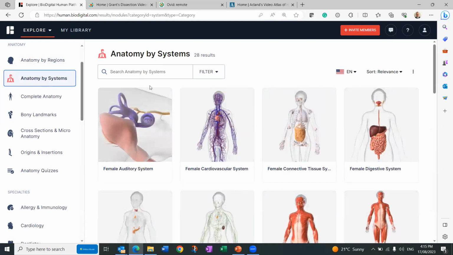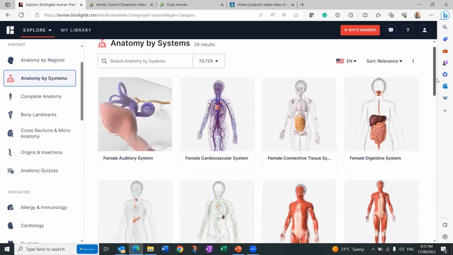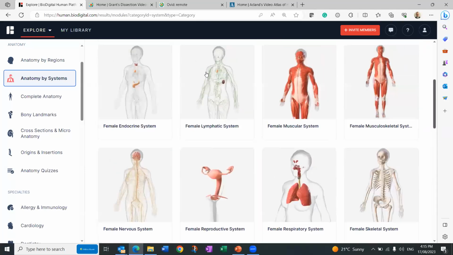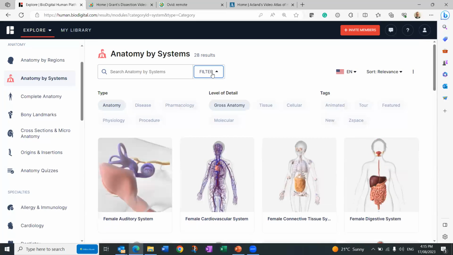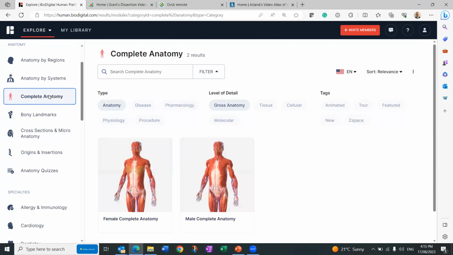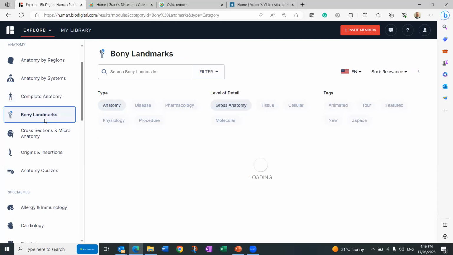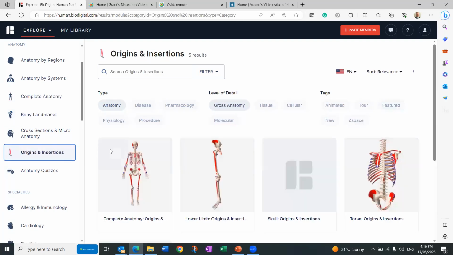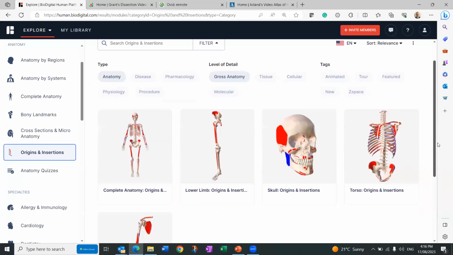So looking at the different systems that exist, and we're able to select within these lists as well. So I can filter in many different ways. You can look at whole bodies and interact with them in a very strong way. But we can also look at specific parts of the body. We can look at the bones, the origins and insertions, the different connection points for the muscles to the bones,